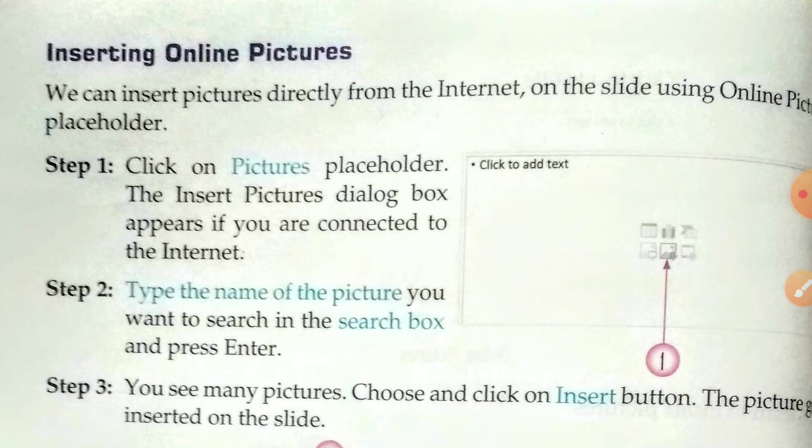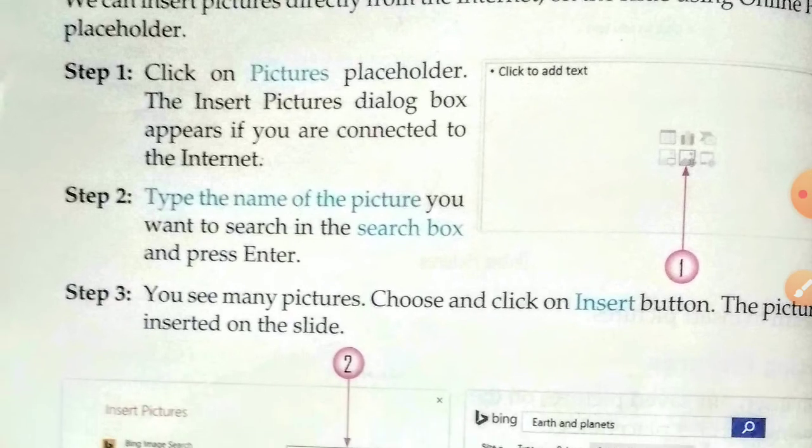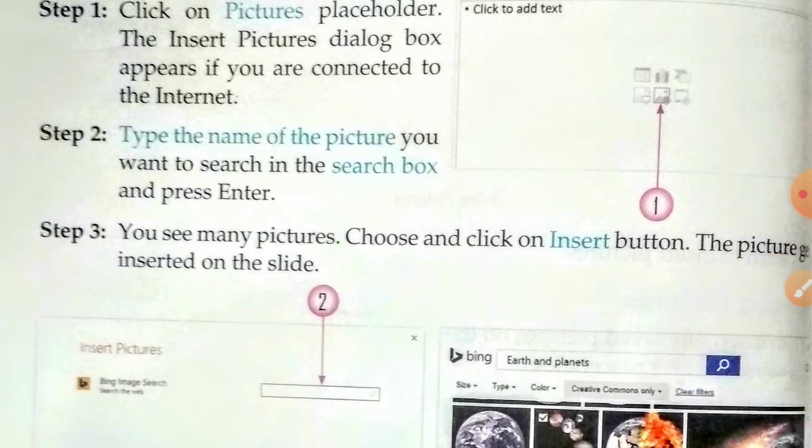The insert picture dialog box appears if you are connected to the internet. Then type the name of the picture you want to search in the search box and press the enter key. Then you see many pictures. Choose and click on the Insert button. The picture gets inserted on the slide.